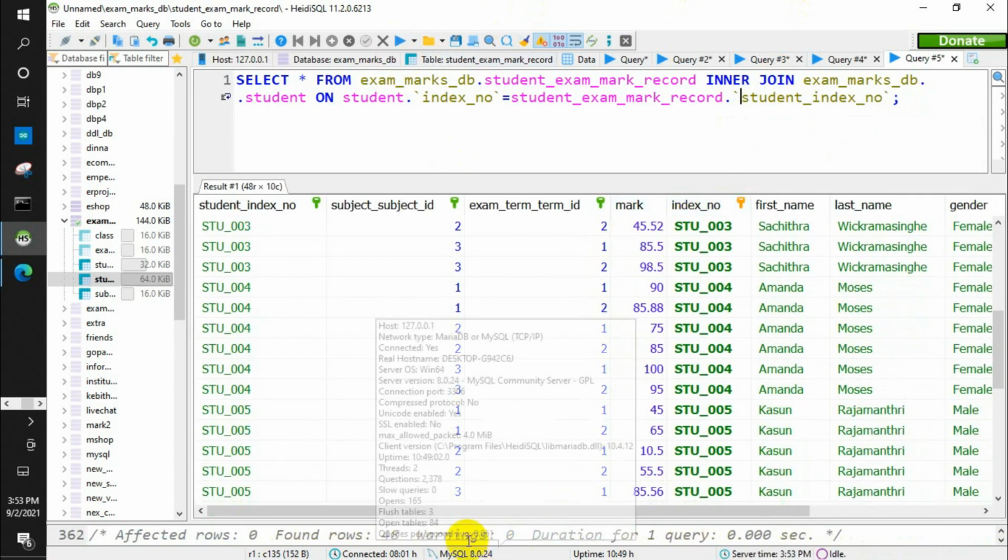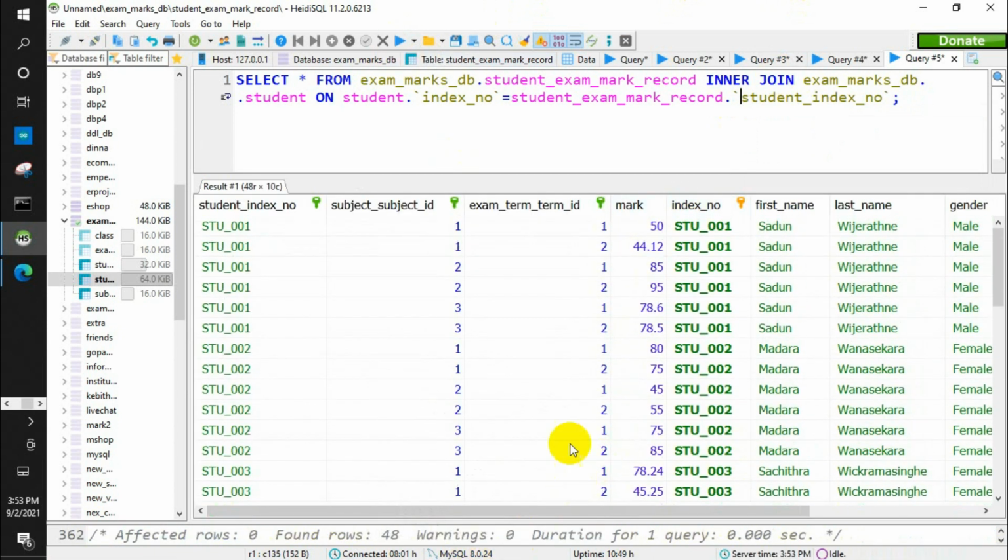Now we have a combined table of the details of the students and the marks table. Now we can also add the subject. We can also add the subject ID, subject table and the exam table.